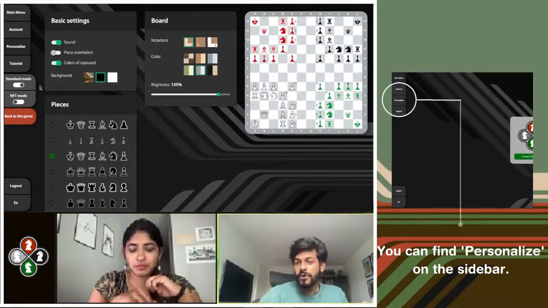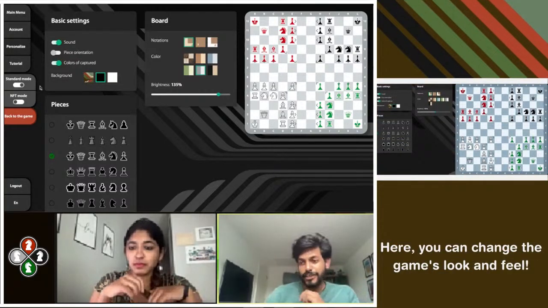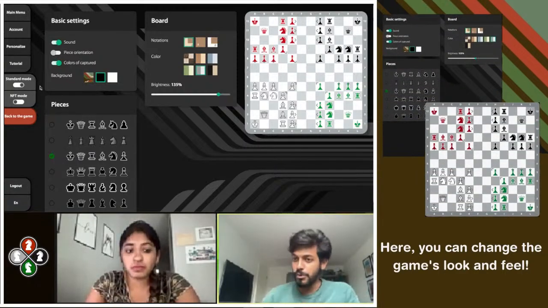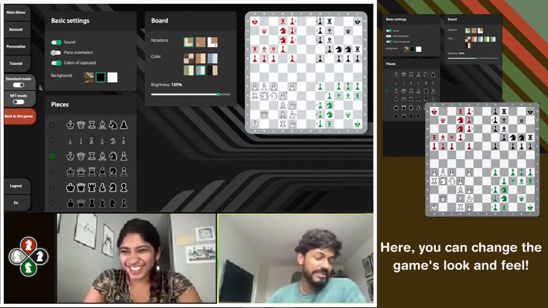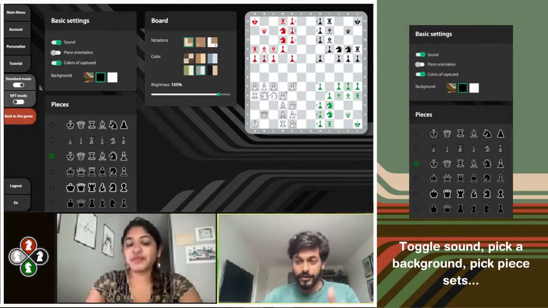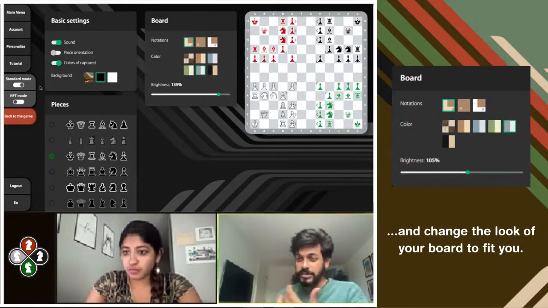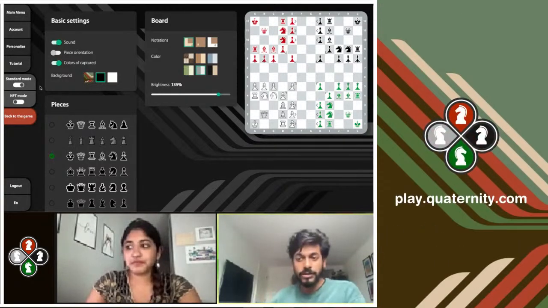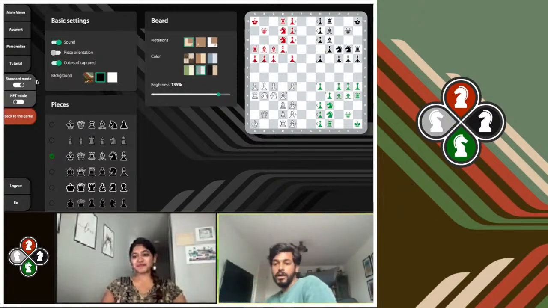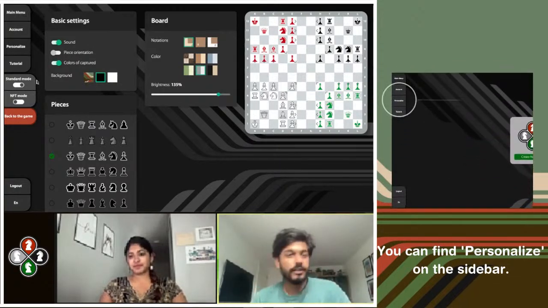And the reason that's useful is that, one would hope that we're 100% engaged with the game at all times. But I'm sure everybody has multiple tabs open and is looking at other things sometimes in the middle of a game. And what the sound allows you to do is just know when the move is made, right? Or if you're paying attention, thinking very deeply about a position, it's often possible to miss a change, and the sound is just one other trigger to know when a move has occurred. So that draws your attention. So that's the sound. But of course, you may not be in a place where you want the sound, and maybe you just don't like it, so you can turn that off.